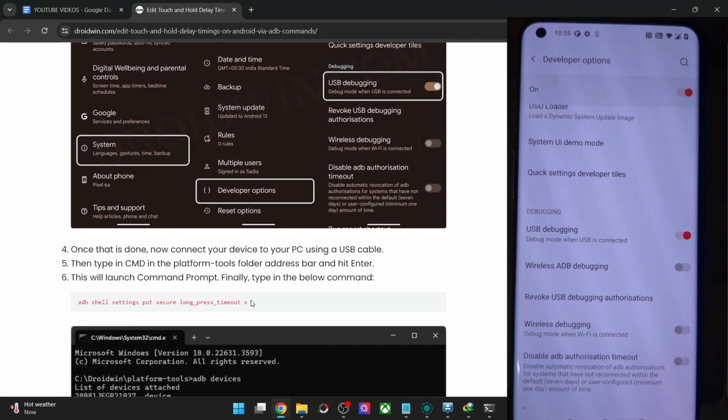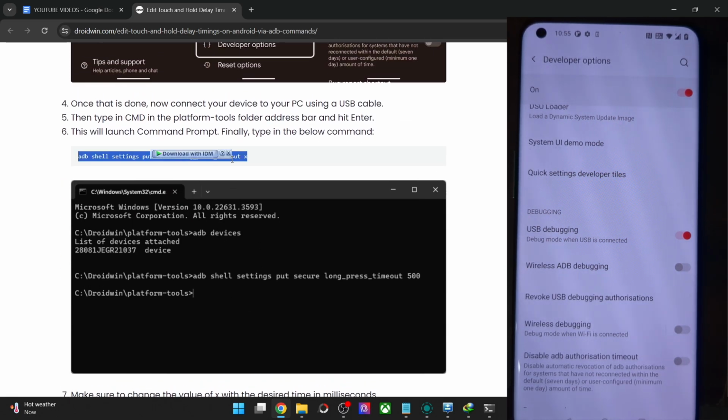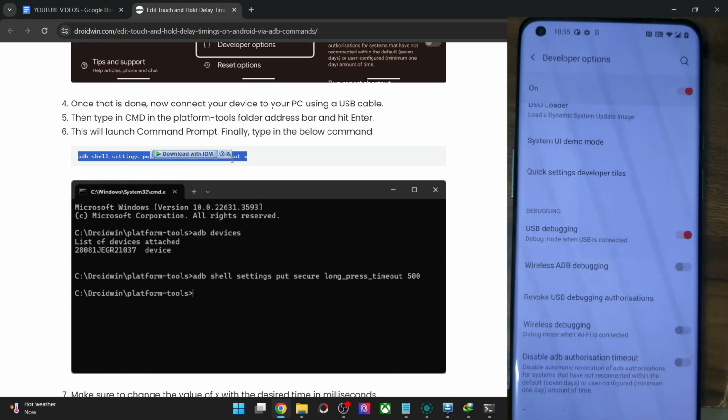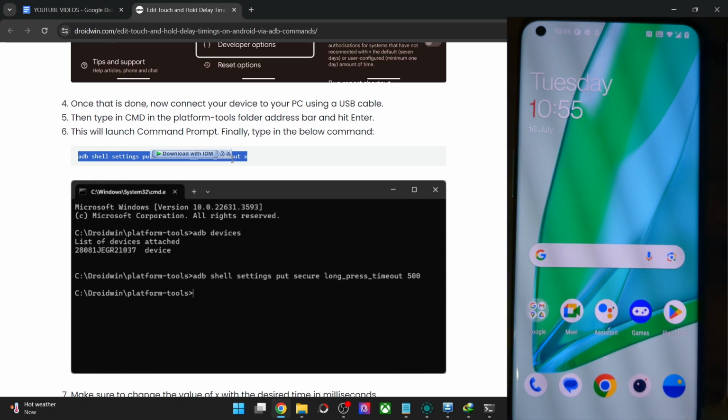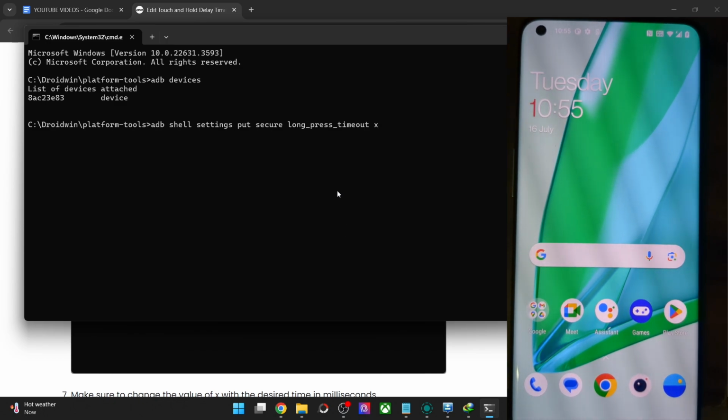Just replace the X with the time that you want in milliseconds. For instance, let me show you an example of 2 times. The first time will be, let's say, around 7000 milliseconds. That will take quite a lot of time for the menu to appear. And the next time will be quite shorter. So simply copy the command and paste it in the CMD window. Let's replace X by, let's say, 1000.